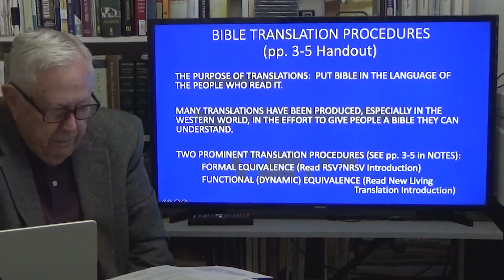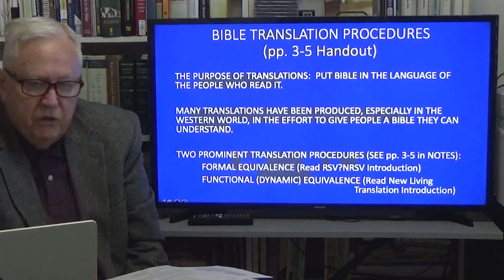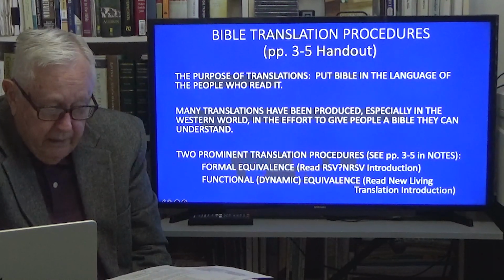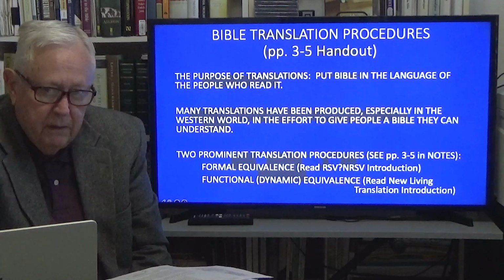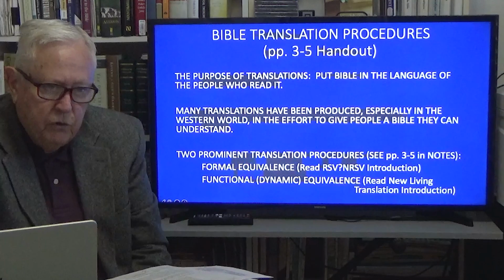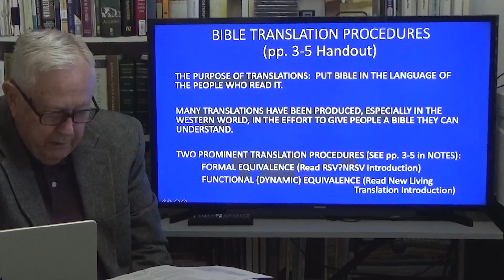Okay. Page 4. There are other procedures of translation. Like I say, there's a proliferation of Bibles in America. Study Bibles are even worse. And you just stay away from them, frankly, and get some basic formal and the very two or three basic functional, and let the rest of it go to other people, frankly.